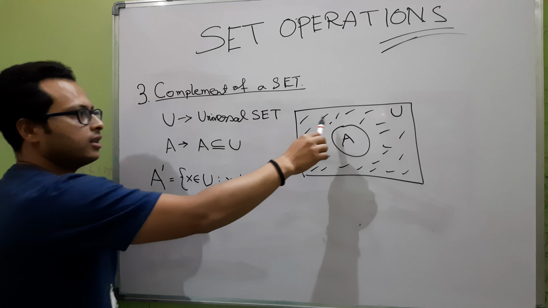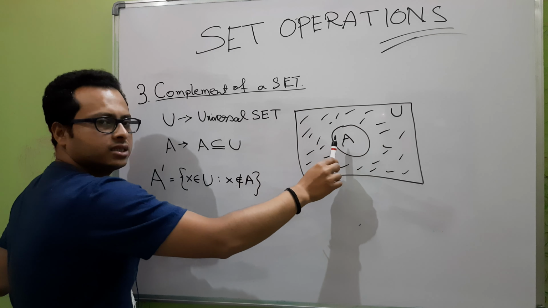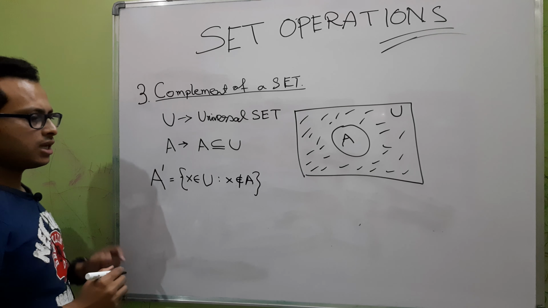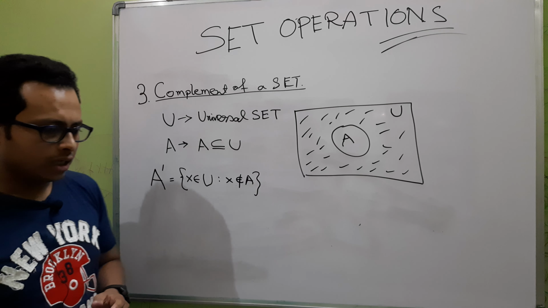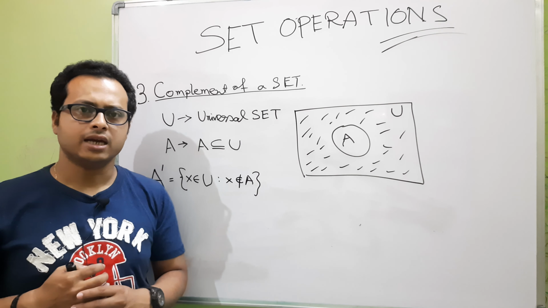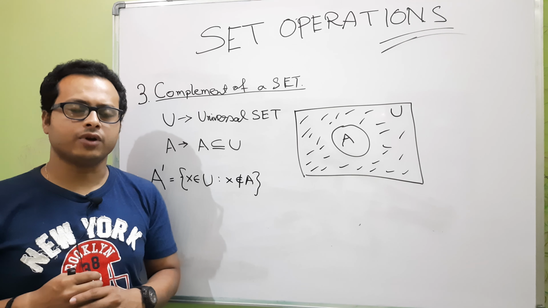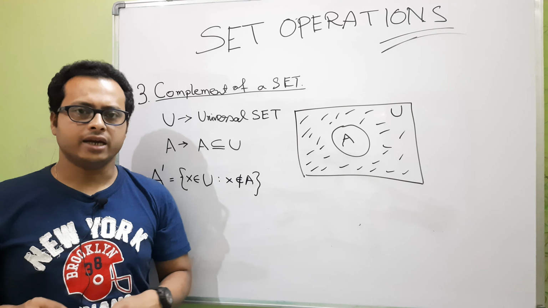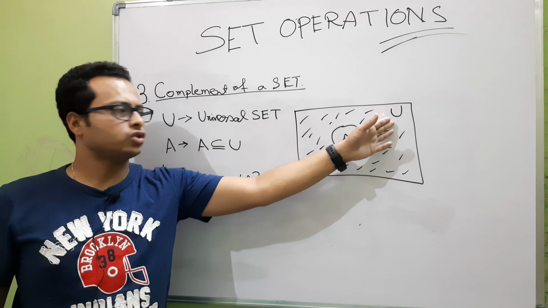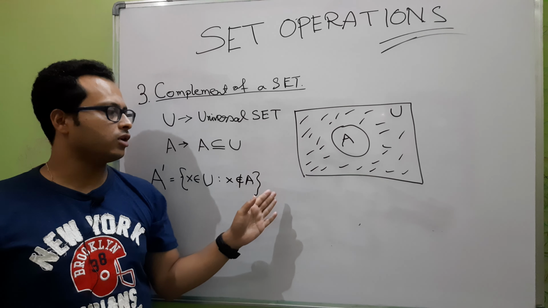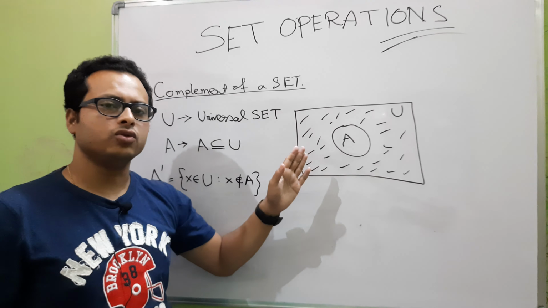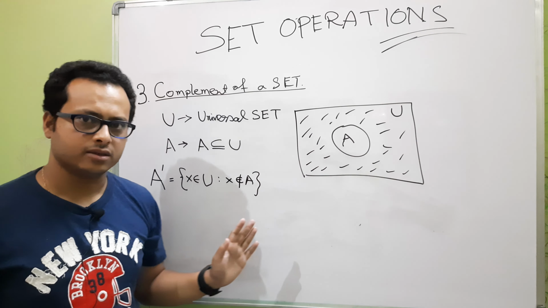We are going to take other observations under U except the data under A. Okay, so let's say in a locality we have some people who have voting rights and some people who don't have voting rights, and consider it under a universal set U. So the complement of those who have voter rights is the set of those who don't have voter rights, right?